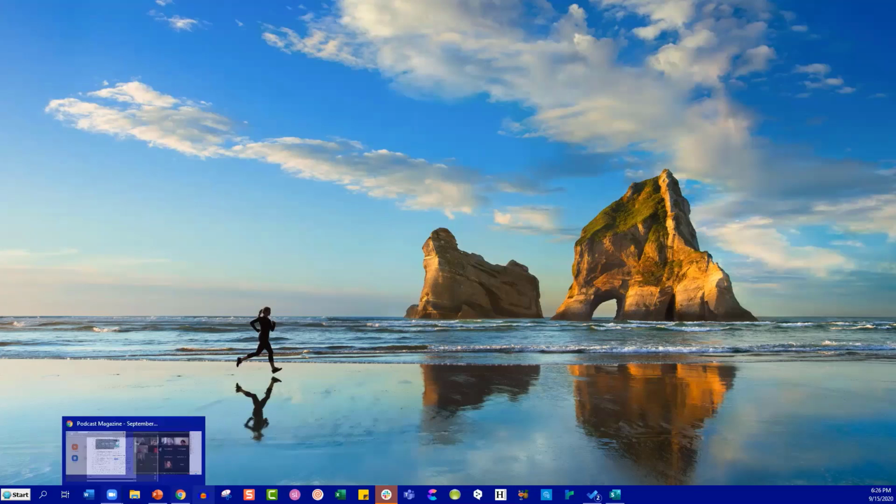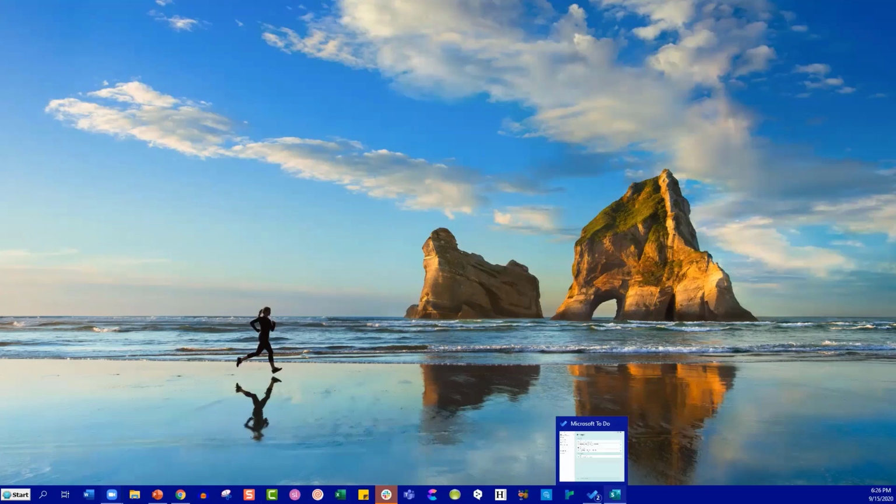So if you look at my very full taskbar down here, you'll notice that I've got this check mark with the number 2, and then there's also this letter S. Those are the 2 apps that we're going to look at next. You can download the To-Do app for Windows from the App Store. You can also download it to your iOS or Android devices, and as long as you're signed in with the same email, it will sync them across devices. So that way you can have your to-do with you wherever you go.